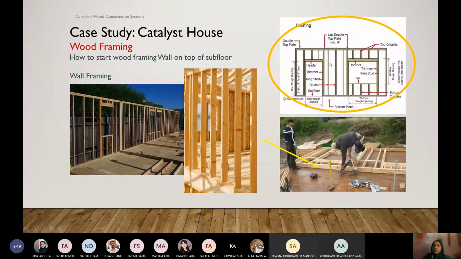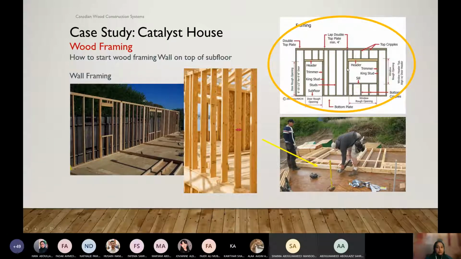You would see the same kind of spacing we used in the floor framing here also for the walls. Same process, 16 inches or 24 inches center to center. And wherever we have an opening, like I showed you for the staircase in the floor framing, we have to keep it stronger around the opening.